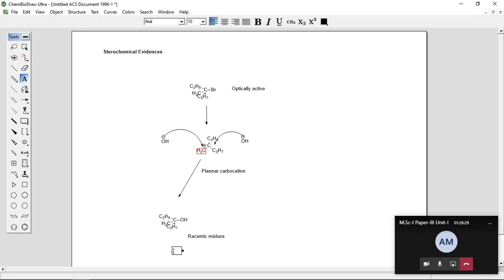If your starting material is optically active and you are getting an optically inactive product, okay, so in this reaction the product is